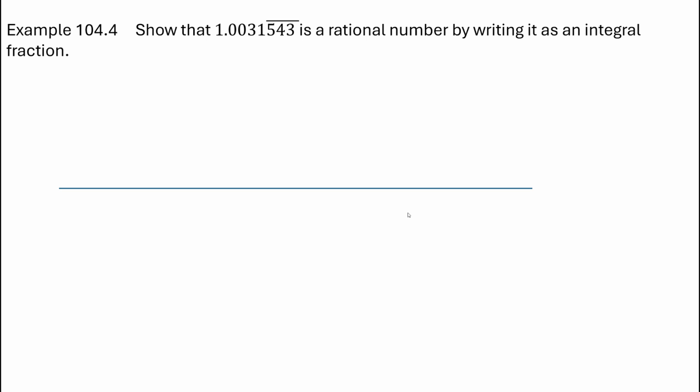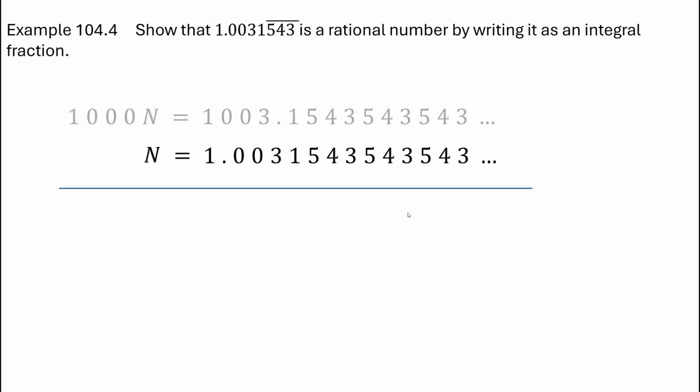Okay, we want to show that 1.0031543543, and so on, is rational. We're going to do the same kind of thing. We're going to write n equals 1.0031543543 and so on. This time we're going to multiply n by 1,000 because we have 3 repeating digits. So 1,000n is equal to